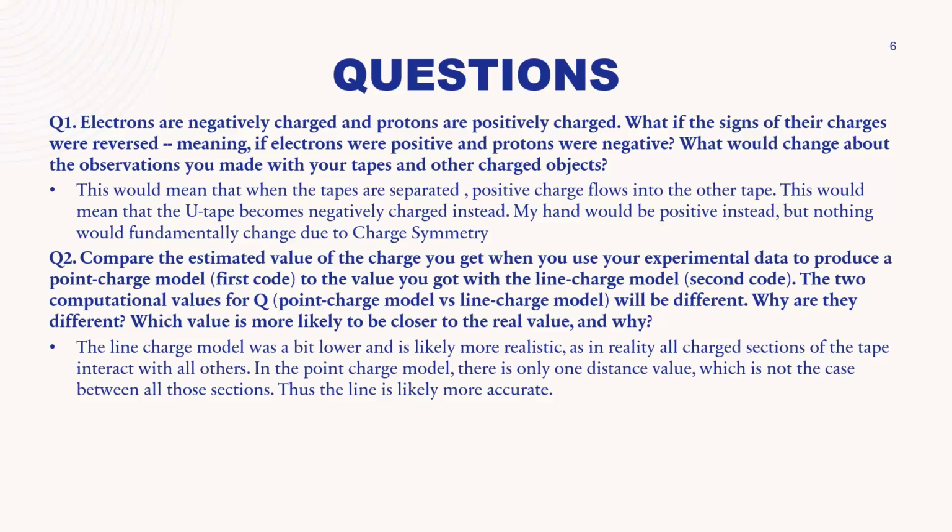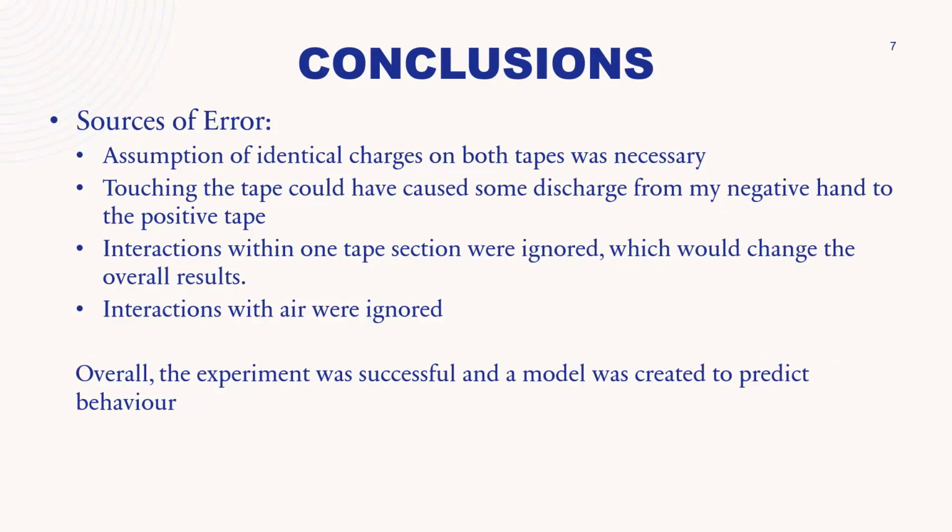So one of the sources of error could have been that touching the tape could have discharged some charge from my negative hand to the positive tape, and this would reduce the overall charge of the tape itself. Also, the interactions within the one section of tape between the negative charge on the single tape were ignored. Interactions with air were also ignored. So these all could have been sources of error that would cause